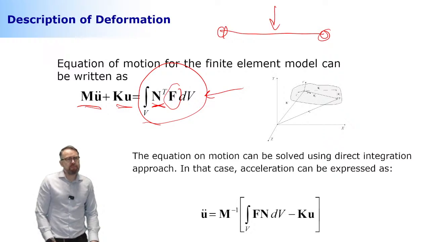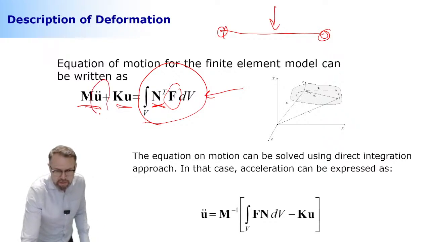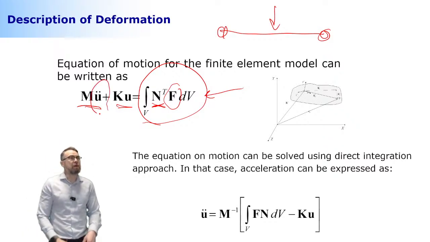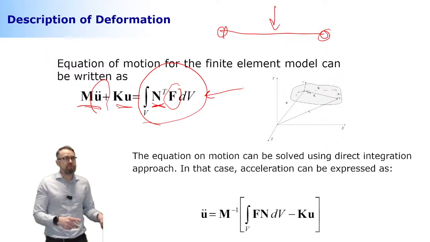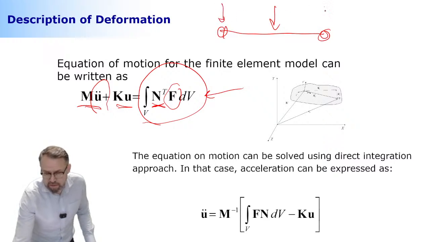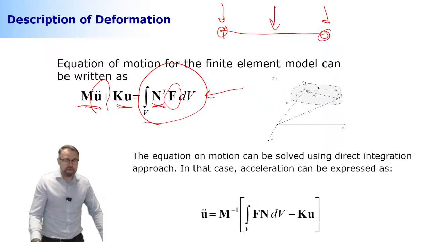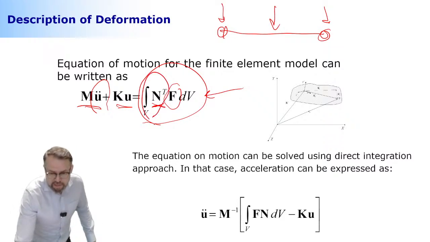You cannot express the force like that, because you have to play the same game as the other components in your equation of motion. And in your equation of motion, you're expressing everything based on nodal degrees of freedom. This one here is in the middle, so you need to divide that to here and here. How you do this division is going to be clearly expressed by shape functions.